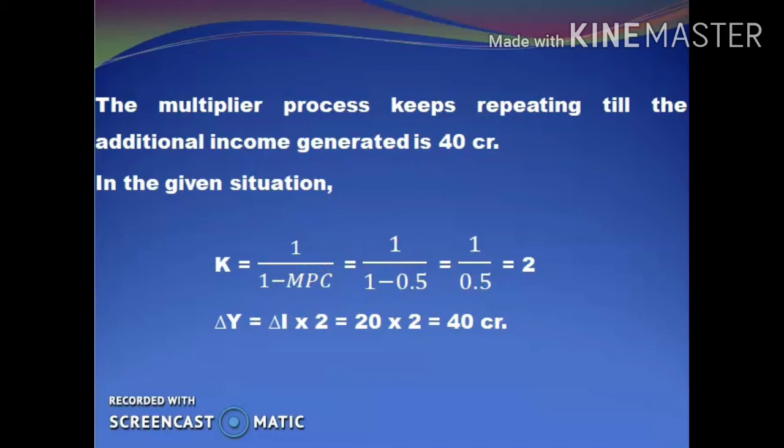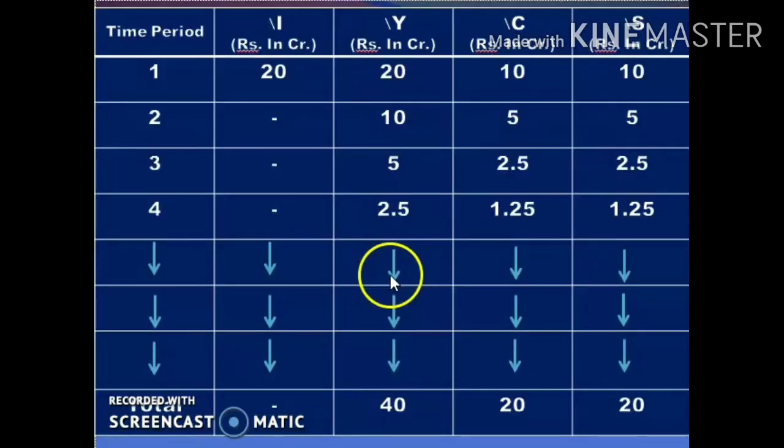Income generation goes on. In this table you will find that till a certain point, over a time period, it keeps going on and increasing, and at a certain level we can't do anything. At that level it sometimes becomes negative, so you can just stop and add it. You will get the 40 answer, then here you will get 20, then 20 here. So you can see investment is 20.